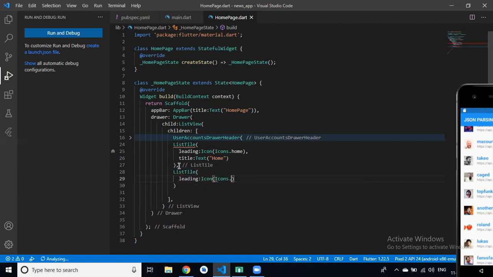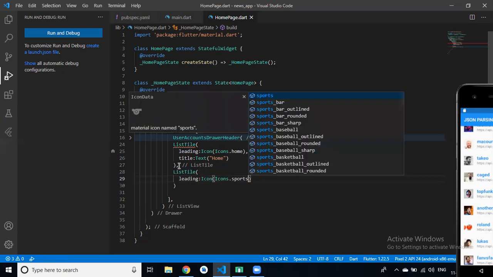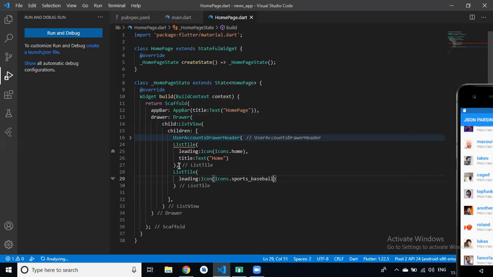In leading we have icon, Icons dot. Please tell me the category name, like sports, something, sports icon. Then we have a title widget. In title widget we have a text widget. In text widget, sports.